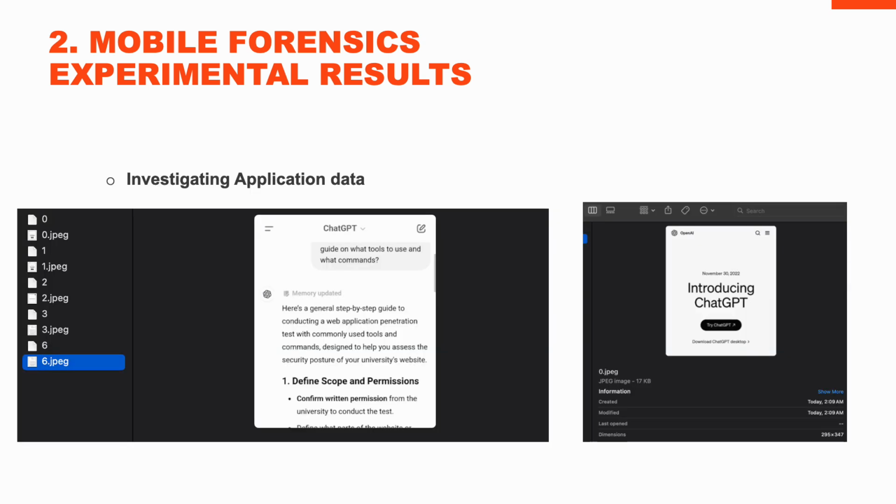So we pulled the images into our device to have a look, and we found a very interesting thing. We were able to identify that the snapshots of each tab utilized within Chrome were actually saved as images within the application sandbox. One of them was showing clearly the conversation that happened between the attacker and ChatGPT, which was utilized as an essential, initial step to perform the cybercrime or the attack.